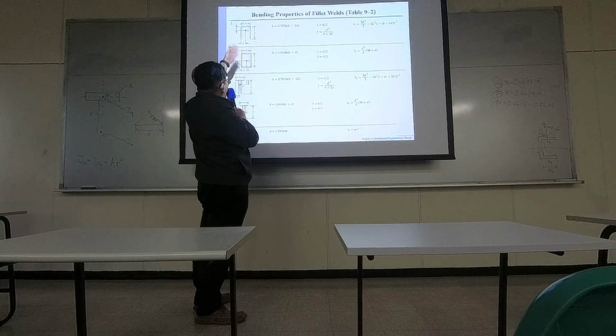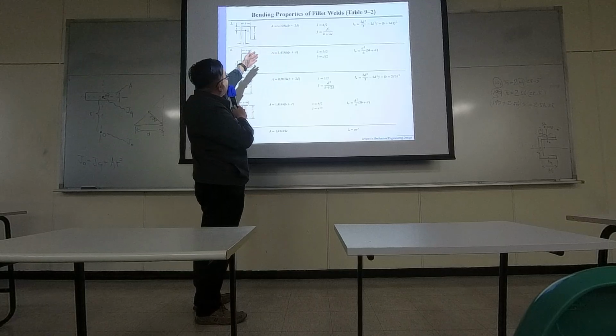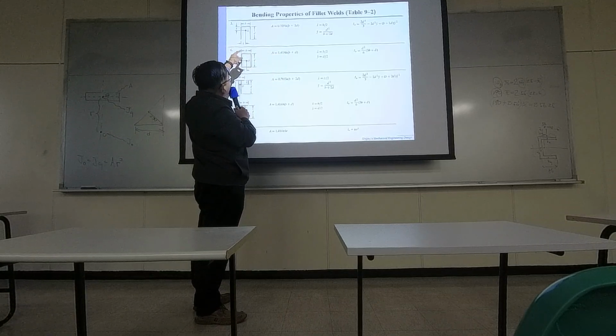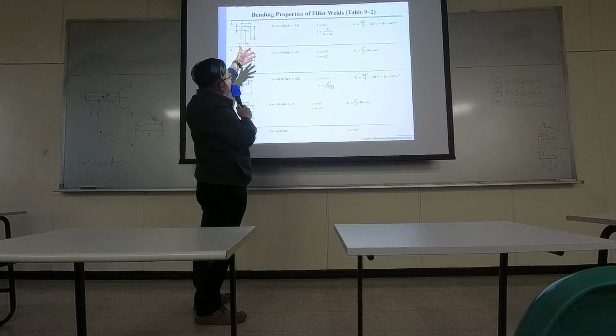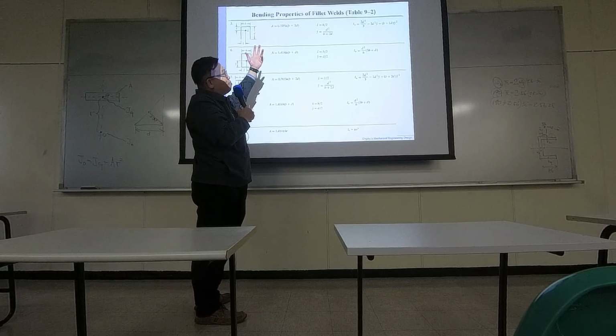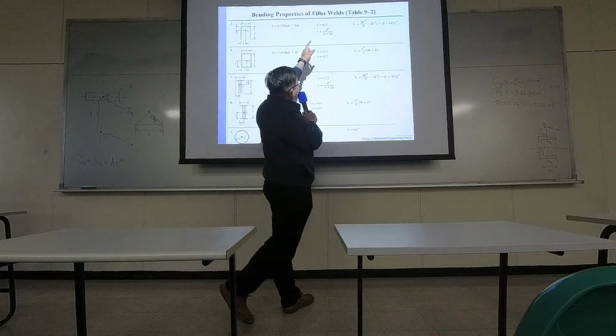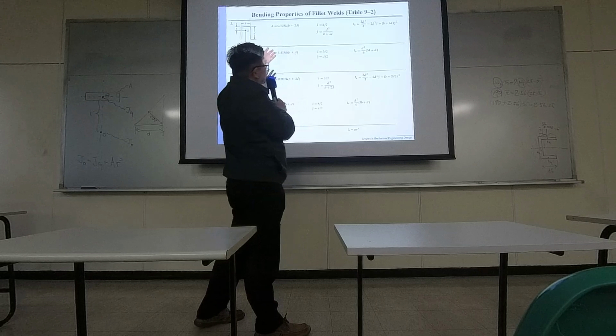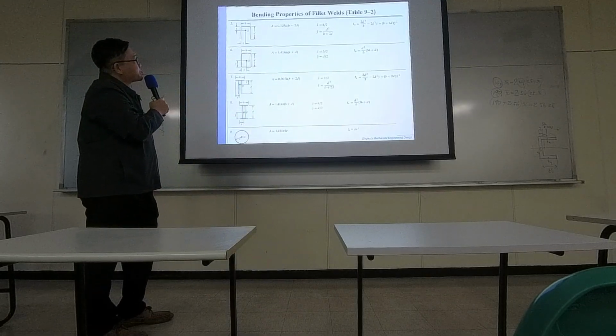X bar, due to symmetry, can be easily determined as half of B, but Y bar needs some calculation by balance of moment. So this table tells you some numbers, okay? And